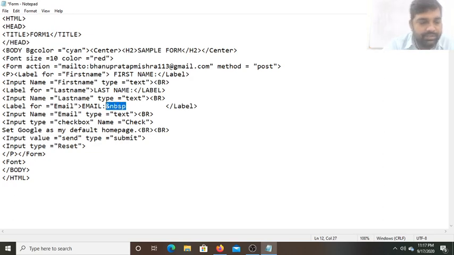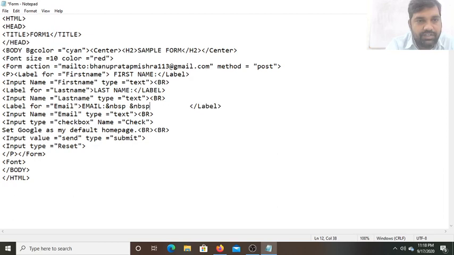Let me copy it, and after that paste this NBSP, and you can write it many times.